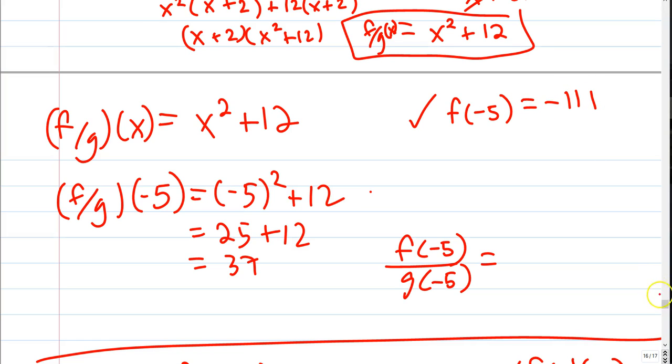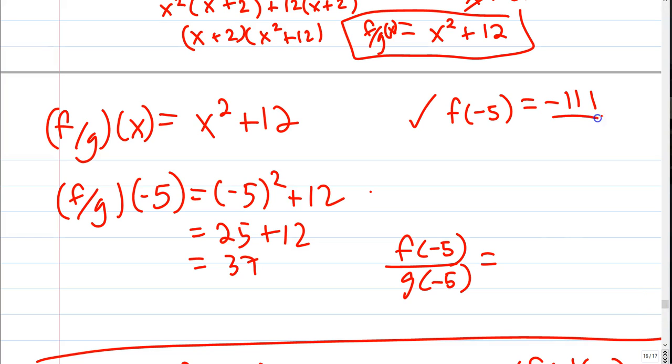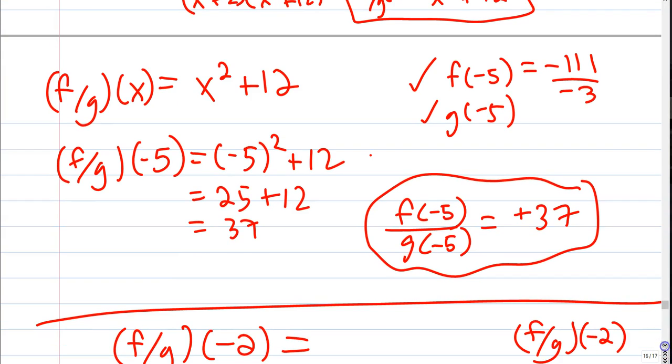Over g of negative 5 would be negative 5 plus 2, which is negative 3. What is negative 111 divided by negative 3? It would be positive 37. It gave us the same answer. It's supposed to, right? Be careful though, because